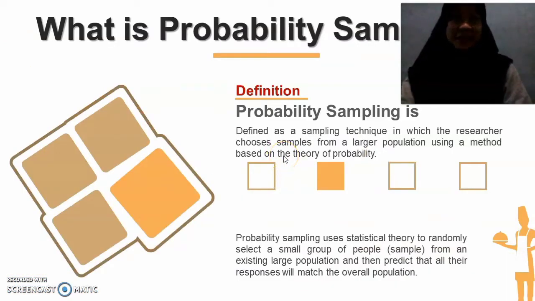What is probability sampling? Probability sampling is defined as a sampling technique in which the researcher chooses samples from a larger population using a method based on the theory of probability. The most critical requirement of probability sampling is that everyone in your population has a known and equal chance of getting selected. For example, if you have a population of 100 people, every person would have odds of 1 in